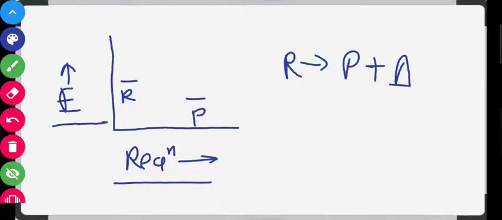Let us give some values to the energies of reactant and product. So let us say the energy of reactant is 10 points and the energy of product, let us say, is 7 points. So simple mathematically, the reactant containing 10 points of energy, when converted into product containing 7 points of energy, will lose 3 points of energy.